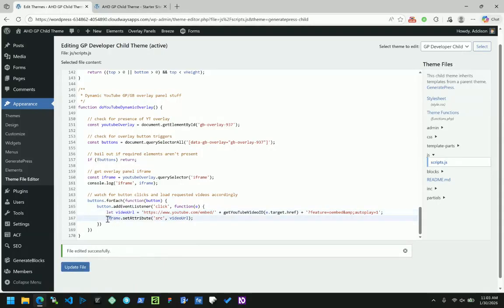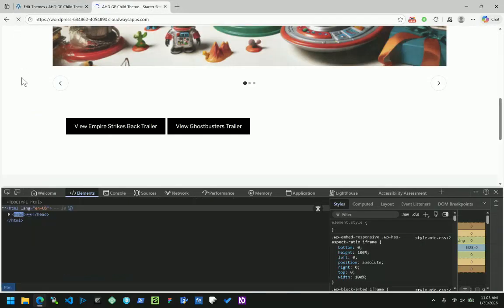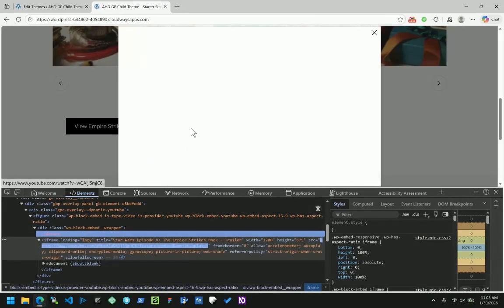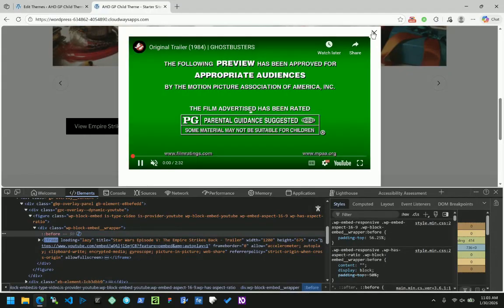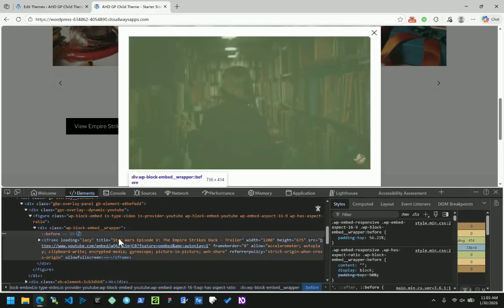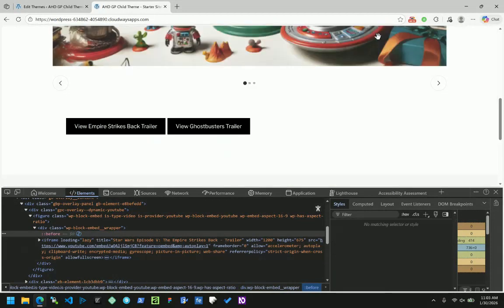And then this bit simply goes to the iframe and replaces the source. Or we may have had a problem with that. I can't remember. Okay, let's see if that changes. Ladies and gentlemen, okay, so that worked. So the title is still in place. Now if I close it,